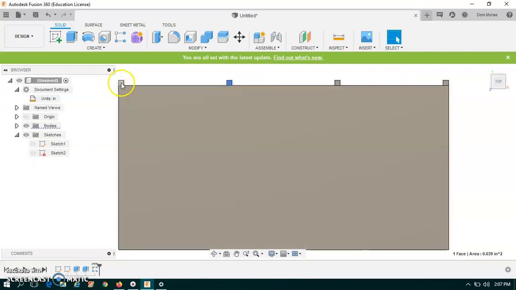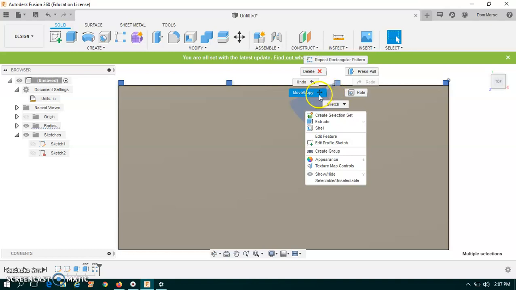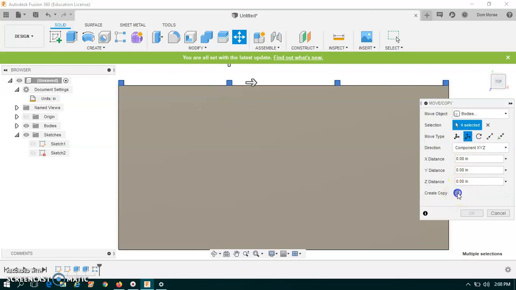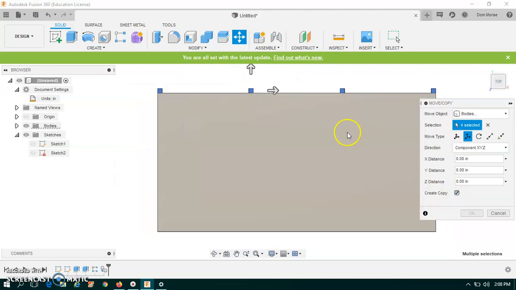That's exactly what I want. I am actually going to hold Shift on my keyboard. Click, click, click. Oops, let's get this tab in. Alright. And then let's right click. We'll move copy. And then I want to do translate first, but then I want to create a copy. So we're creating a copy of these tabs, and then we should be able to move them to the other